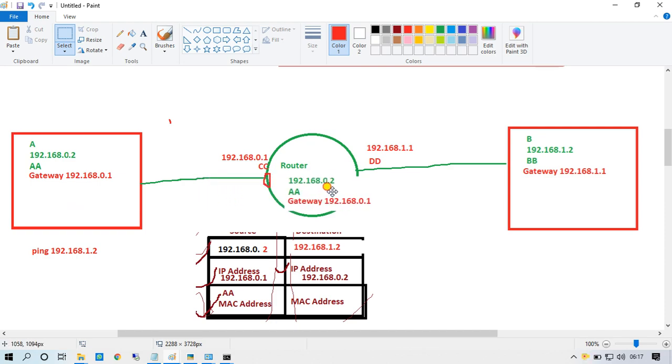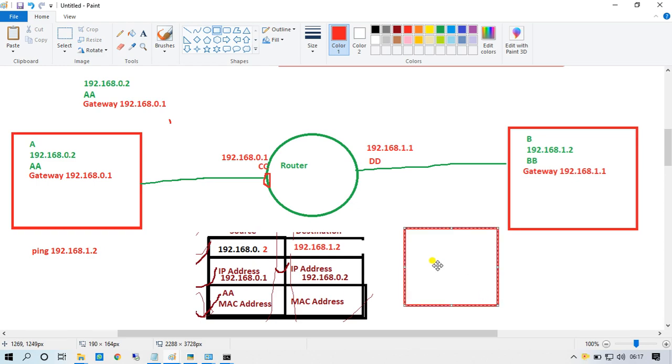In the ARP table it will write its information: on the physical port CC having the 0.1 address, the router also has the same information. First, it has the source MAC address, destination MAC address, source IP and destination IP.